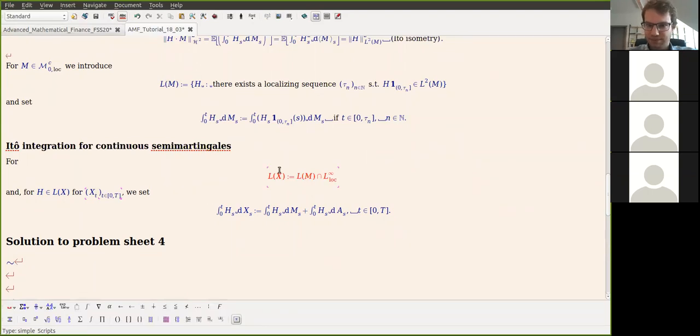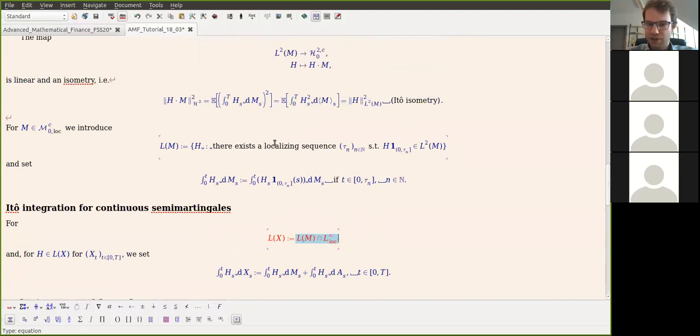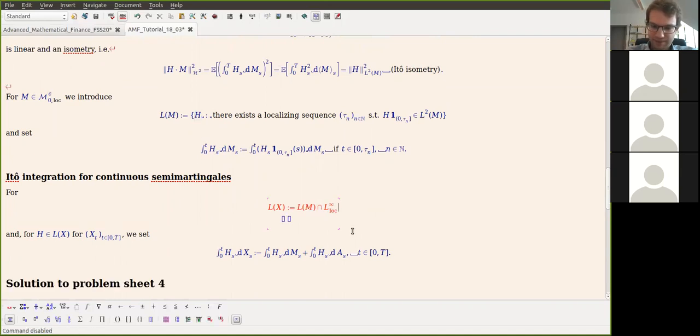I mean, this is in this intersection. You take the intersection of both things, so we consider only those predictable integrands. So wait, I can also write this out. So this is H in H. So H is predictable and locally